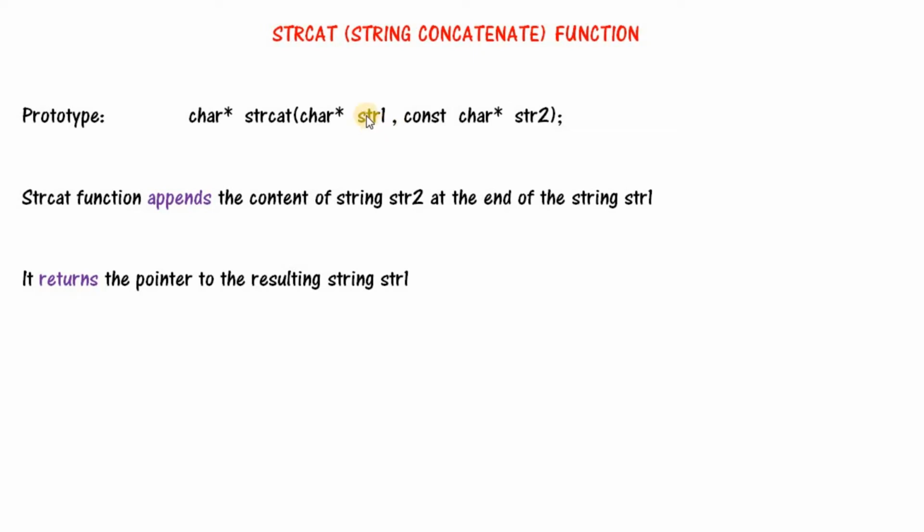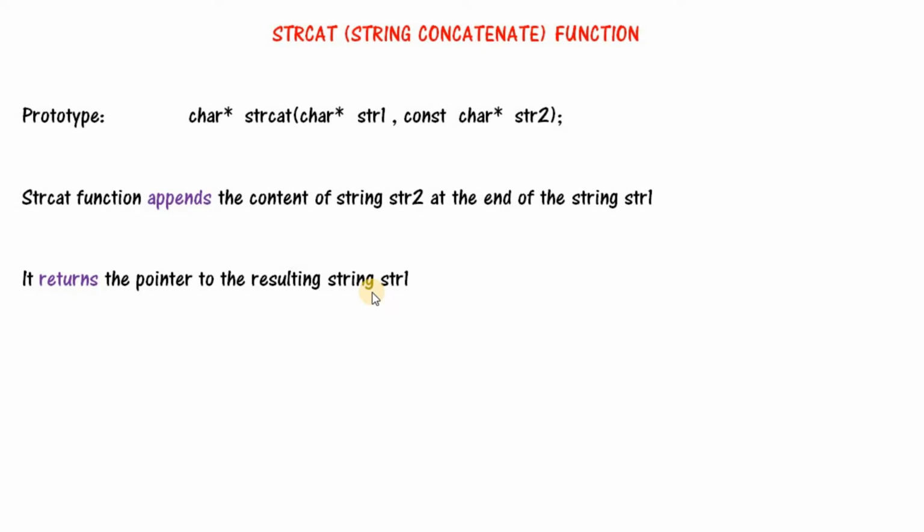This is the job of the strcat function, and here we can see the const keyword because we cannot change str2. The updation is made in str1. That's why this is const. Finally, it returns the pointer to the resultant string str1.